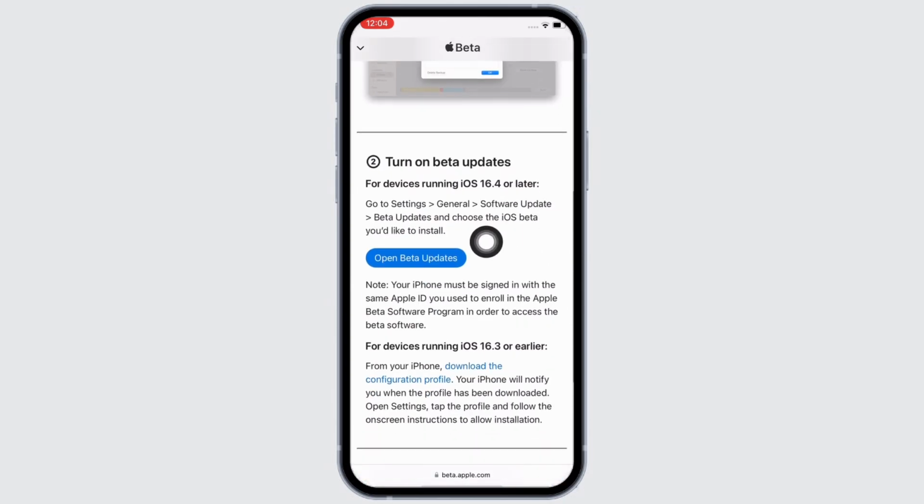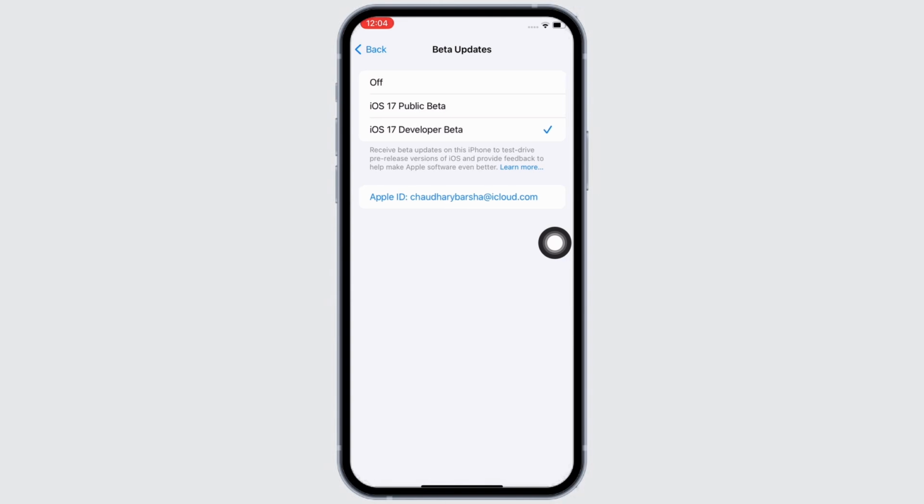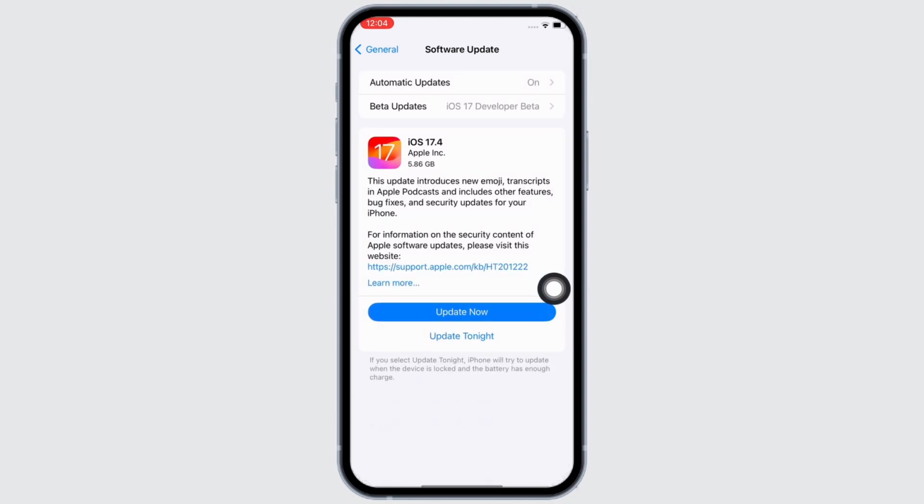beta updates button. You will now see the beta version in your iPhone, so go ahead and tap on either public beta or developer beta and you will get the update in your device. So go ahead and tap on the update now button, and this is how you can update iPhone X on